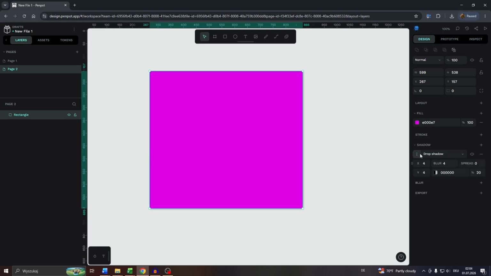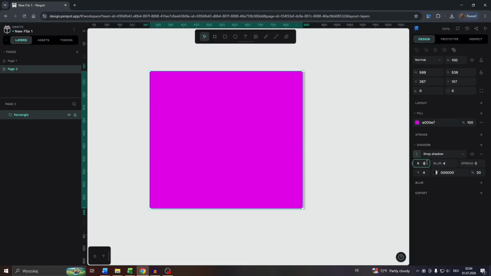What you want to do next is click into these three dots to customize it. So here into the X axis or Y axis, as you can see, let me just zoom in, position the drop shadow effect, right? By using your mouse wheel to increase the effect or the visibility of the drop shadow for the X axis, and you can do the same for the Y axis, right? So let us go with 15 units both, so that they align with each other,